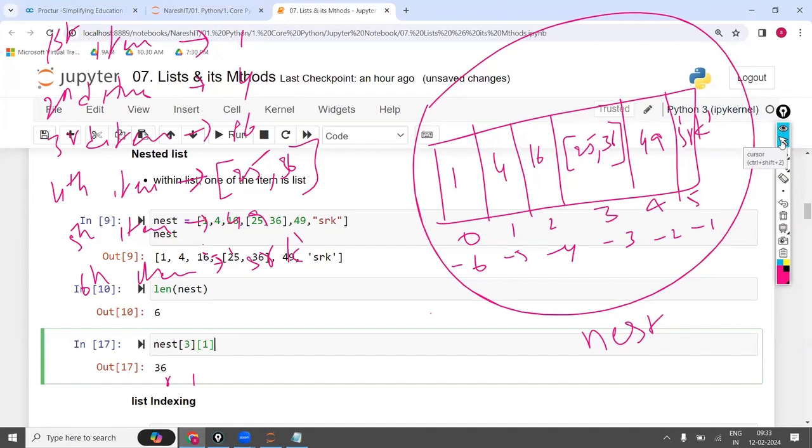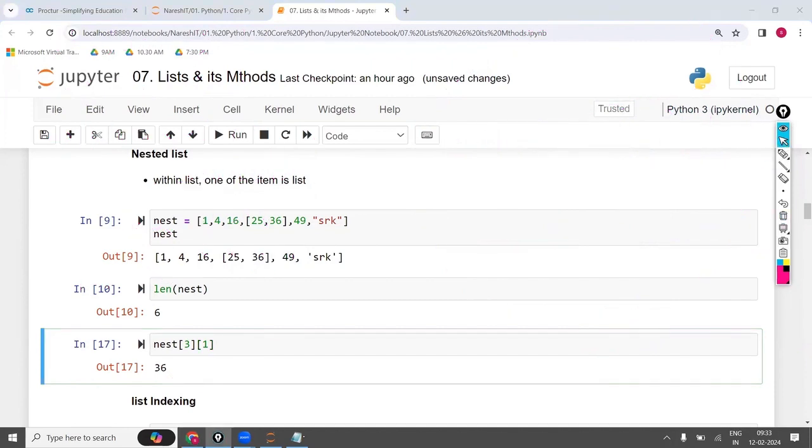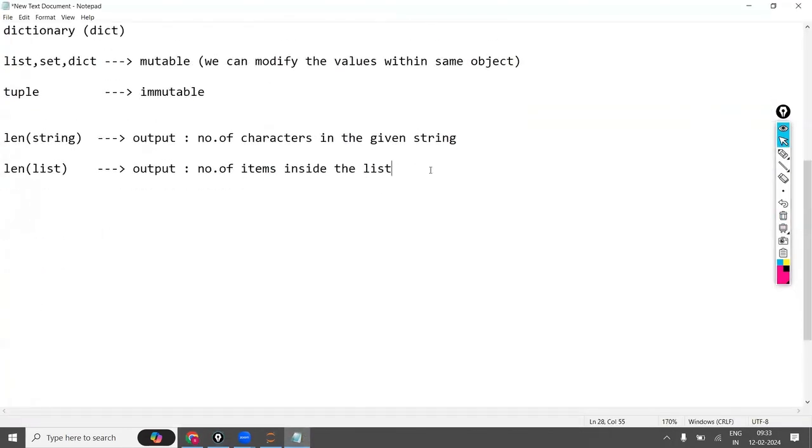I want 3. Can we apply the indexing on the int? Is that possible? Indexing, whatever we have discussed in the last class. What is the meaning of indexing? It means extracting a single value.